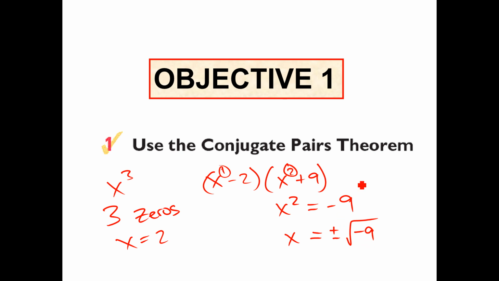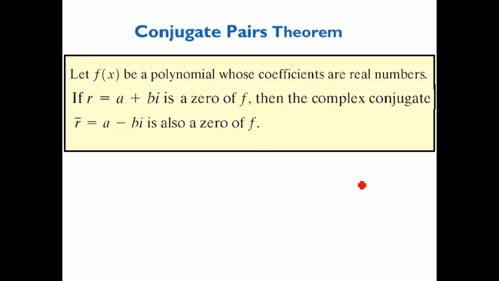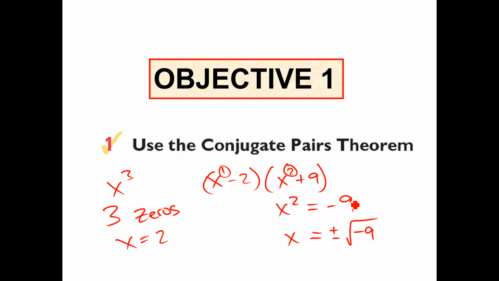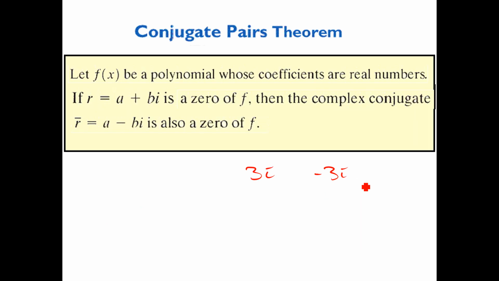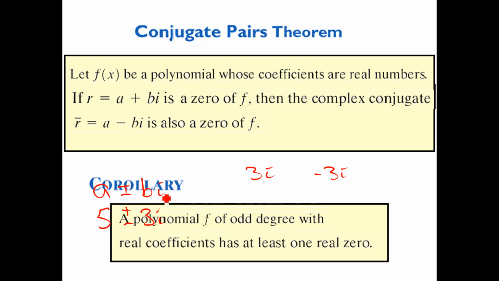So the conjugate pairs theorem says if you have an imaginary solution, such as 3i, you must also have negative 3i. If we go back to that last one, because the imaginaries come from square rooting, you're always going to have a positive and a negative. So it's always going to be a plus or minus bi, some number like 5 plus or minus some number of imaginaries. All right. Now the last thing here,